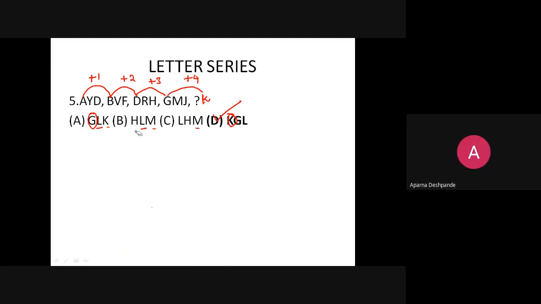Understood? Yes, sir. And don't check whether GL is correct or not. It's a schooling procedure. Don't do that. If you are doing that, you will get the answer, but again, you need to spend your time, and this examination has a time constraint also. You know it very well, right? So don't waste your time like that. If you know K is the first letter, then D is the only option having K as the first letter. Move on to the next one.